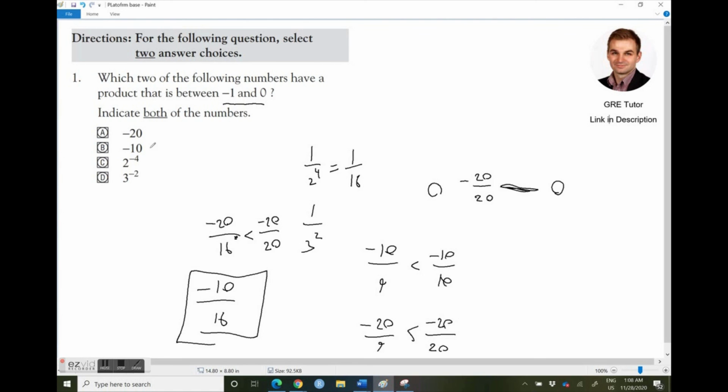So you're looking at -10 multiplied by -20. Correct answer is B and C. I'll circle it just